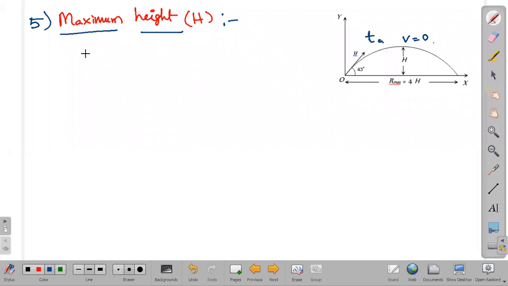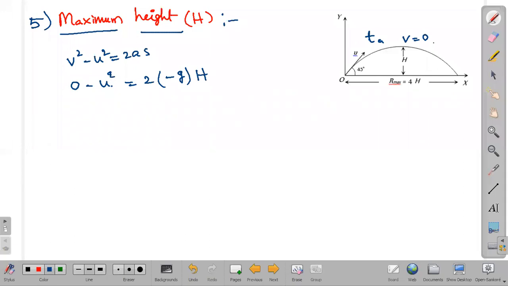Now from here, I use the equation v square minus u square equals 2as, the third equation of motion. Now from the diagram we can write v is 0, so 0 minus u square is equal to 2a. What is a? When it is going up, a becomes minus g, as it is going up, g is negative. And s, what is s? How much distance it has traveled from the ground? It is height, h. H distance it is traveling up. So up means whatever velocity I am taking, I have to take upward velocity only.